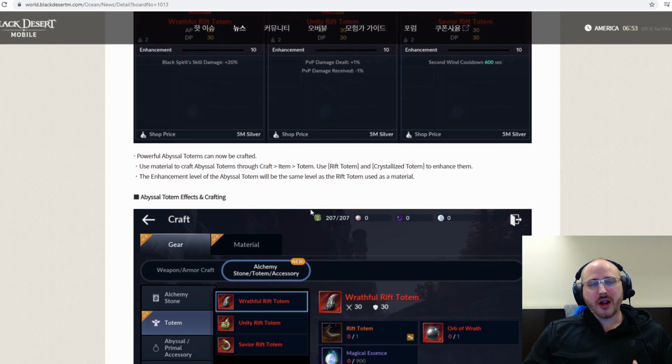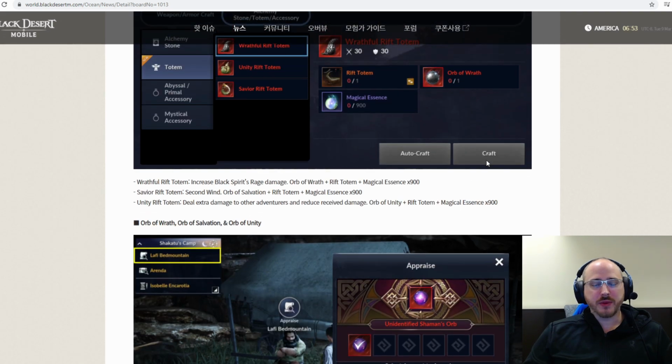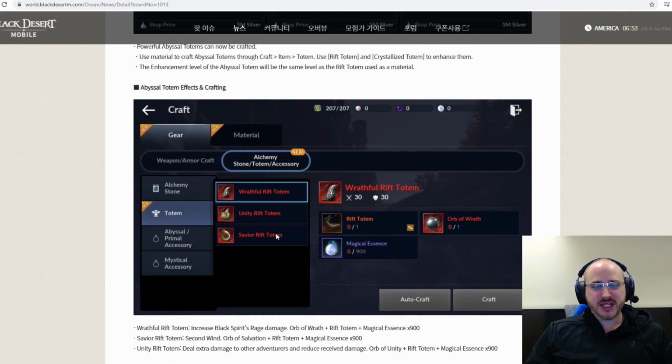These do require you to have what's called an unidentified Shaman's Orb, which can either be purchased from the Medal of Honor vendor for 300 Medal of Honors, or from farming in that Gahazan Bandit secret base, which does require some high CP. So one of those two places. You can get it from the market as well. I haven't checked in the game yet, but I believe those will be purchasable from the market as they are on the Korean server. You do need 900 Magical Essence as well as one of these orbs. When you exchange one of the Shaman's Orbs, it does need to be appraised, and you have the chance to get one of these three